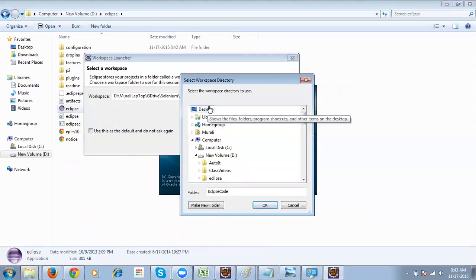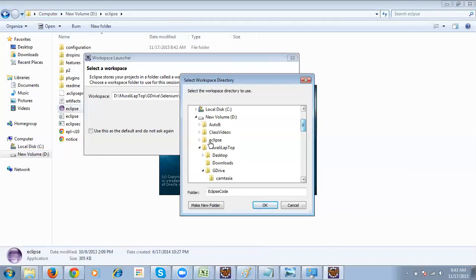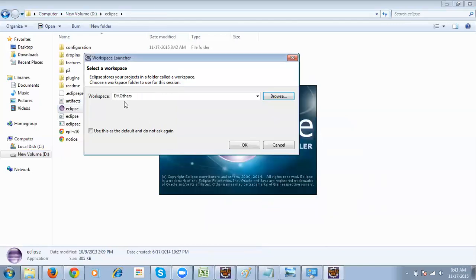Why? Because by default it will be saved in the C drive. In case you format your system, those things might be erased. That's why you should always give a different place. So right now I gave it in the D drive, in the others folder. Okay, in the D drive,